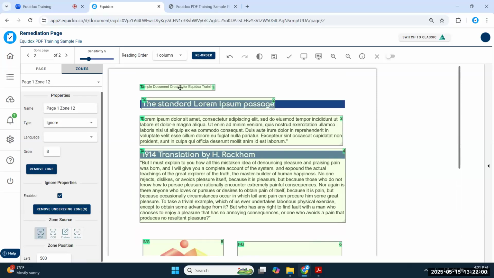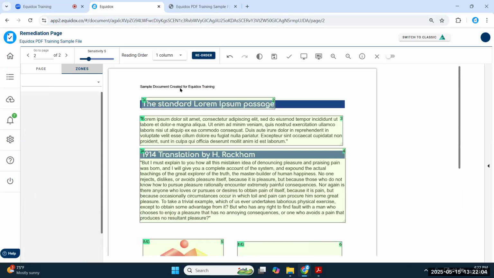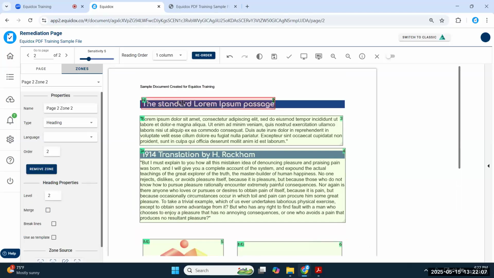Okay, so this page will go a bit quicker because it's more of the same of what we just did. I'm going to artifact the header by hitting backspace. This is going to be a heading level 2, so I tap 2 on my keyboard. And here I notice that I've made a bit of a design oversight. All these other paragraphs where I have the heading level 2, I have a very clear carriage return, a big gap between my H2 and the subsequent paragraph. But it looks like I forgot to do that on this one example here, which can happen, right? There can be little tiny design inconsistencies.